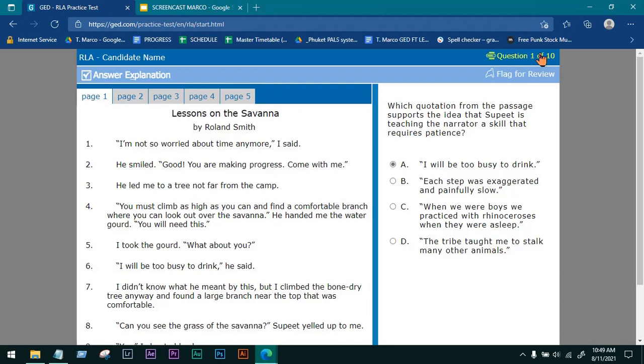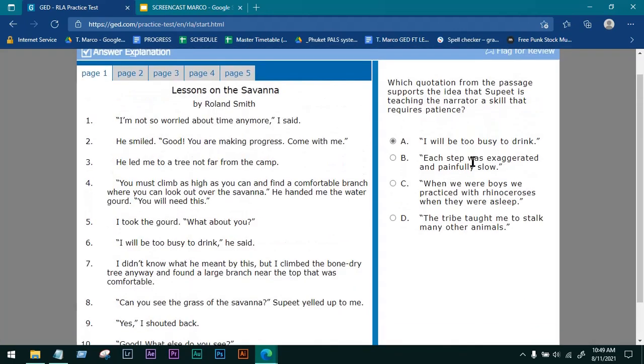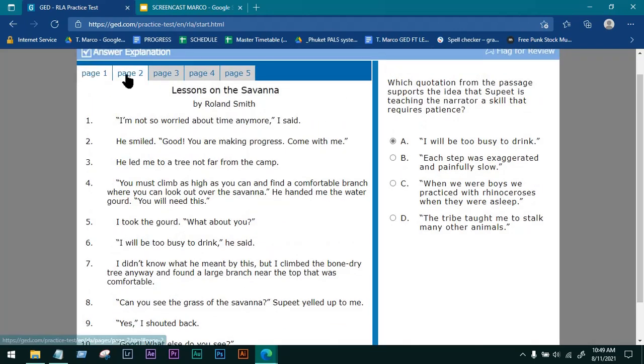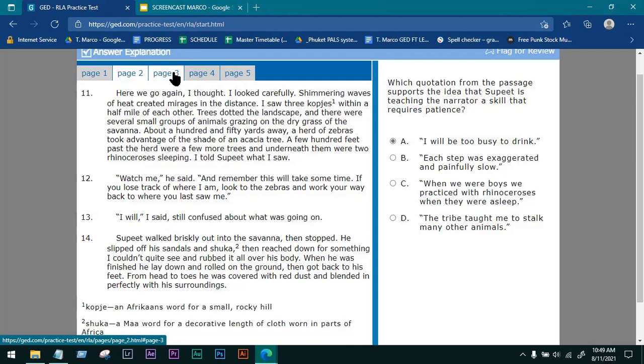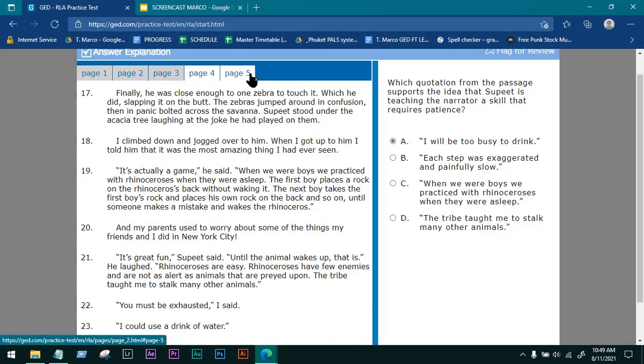Of course, you don't have only 10 questions, but for this practice test, they only gave us 10. So let's try to look at it. Of course, I can't show you everything on my screen, so you have to access this link for you to be able to read